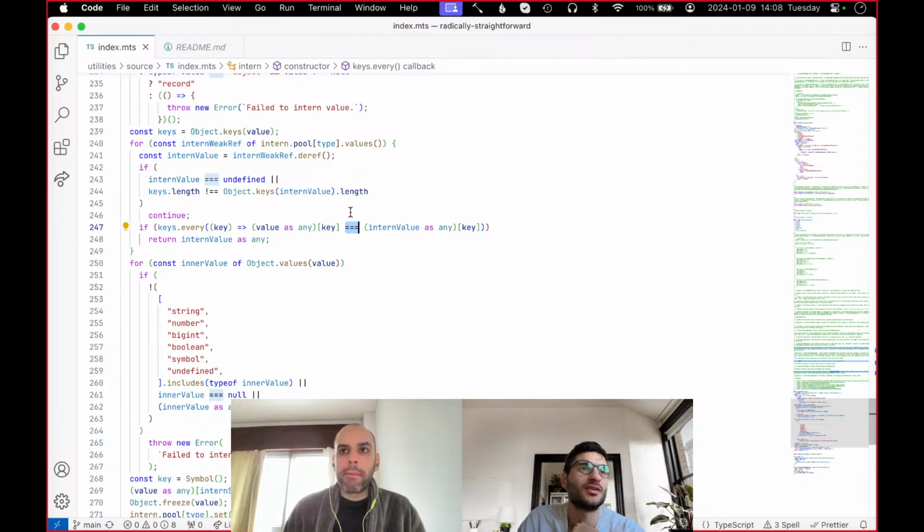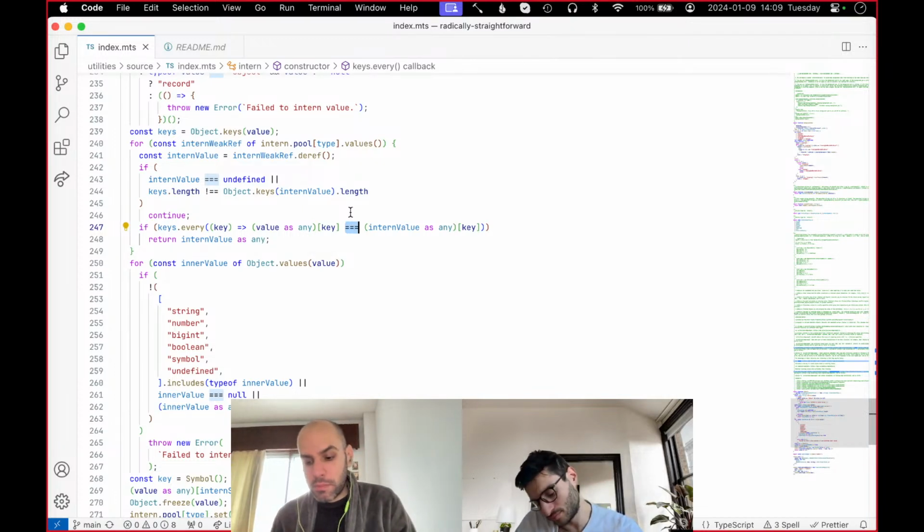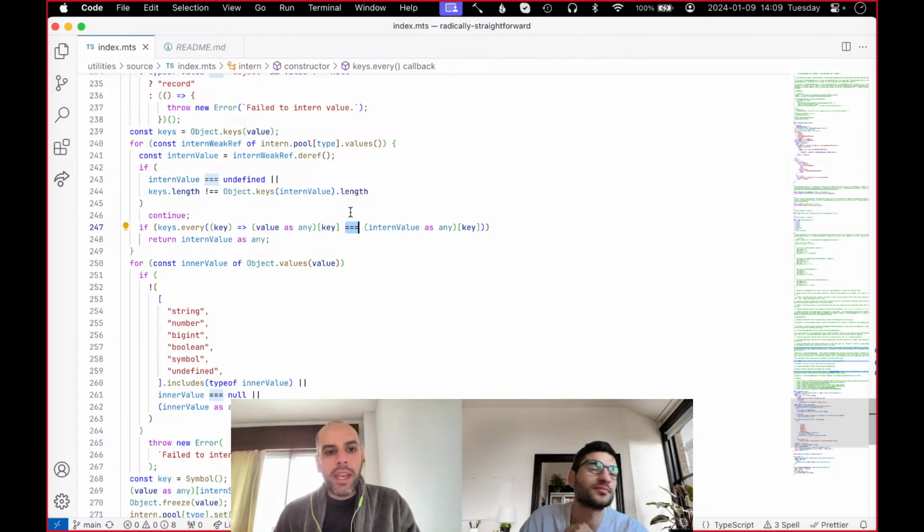I see the weak ref. That's the part that I didn't know about. Because if you do like I described, then every array that has ever existed in your program will live forever in memory. The garbage collector will not be able to get them because your pool is still referencing them. So to make this work with the garbage collector, I learned about weak refs,